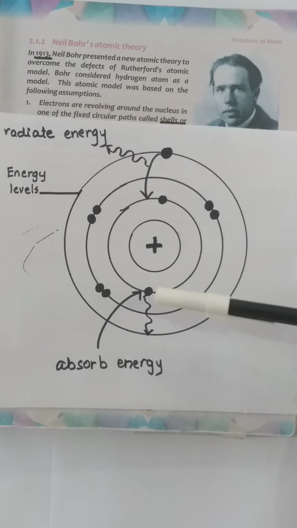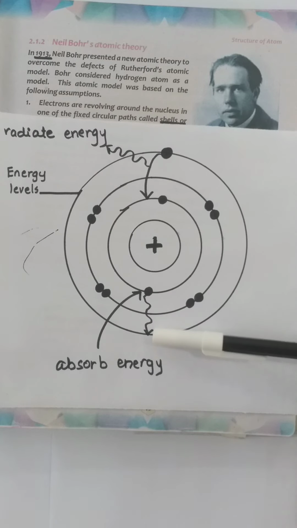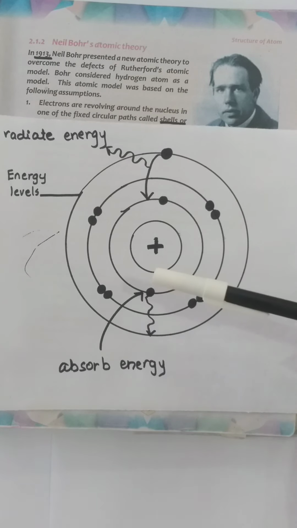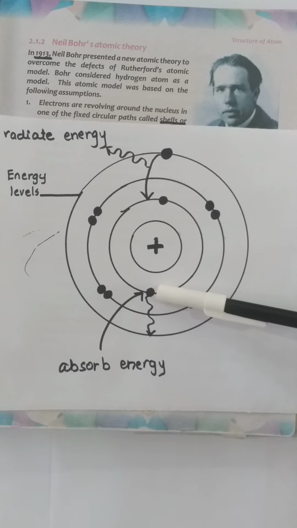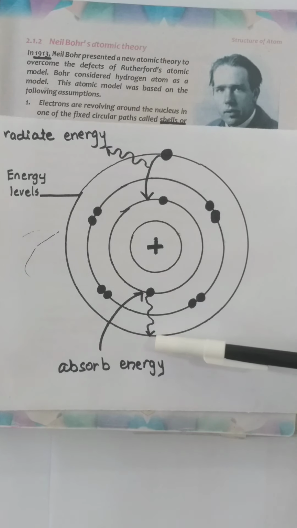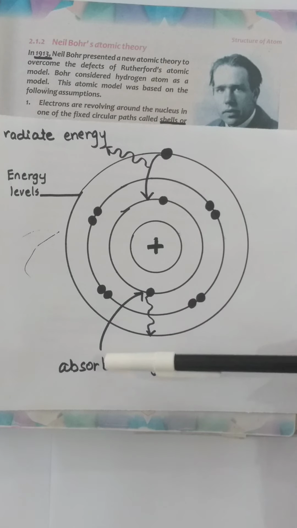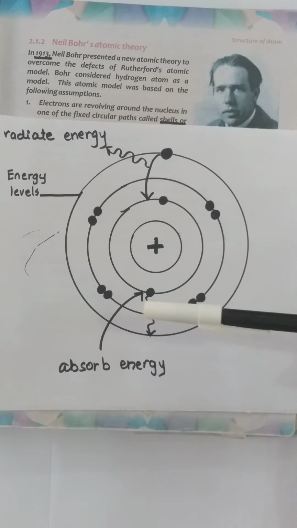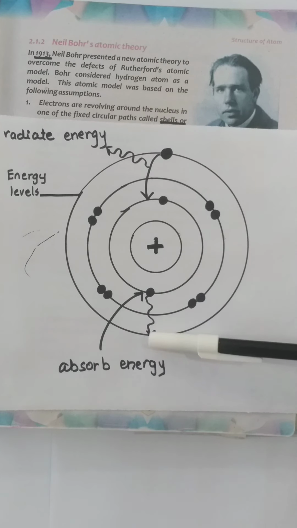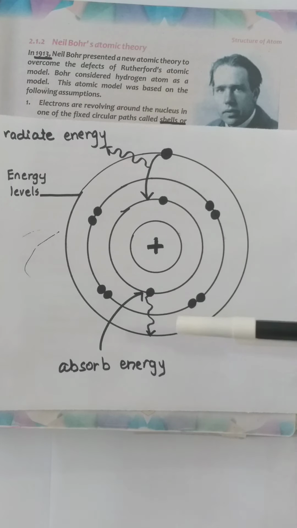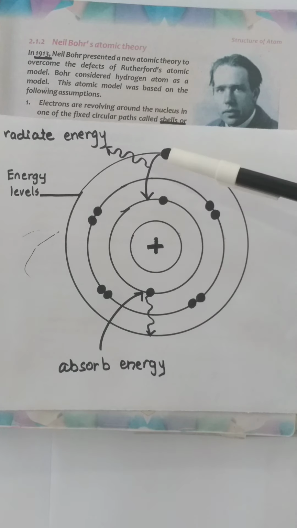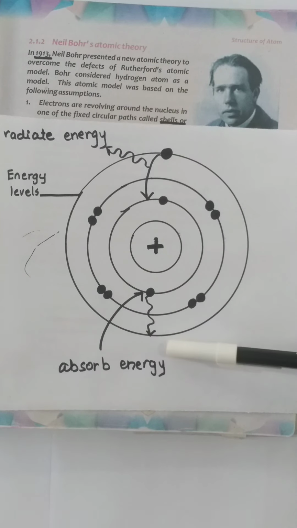Similarly, if the electron in the lower energy orbit moves to the higher energy orbit, it needs to absorb extra energy because this electron is having low energy. So higher energy orbit में adjust करने के लिए, क्योंकि इसकी energy ज़्यादा है, so वो extra energy वो absorb कर लेगा. When it absorbs the energy, it will be easy for this electron to adjust in the higher energy orbit. So the electron, as long as they are revolving in its own path, they do not lose or gain the energy. But when it moves from the higher energy orbit to lower, it radiates energy, and when it moves from lower to higher energy orbit, it absorbs the energy.